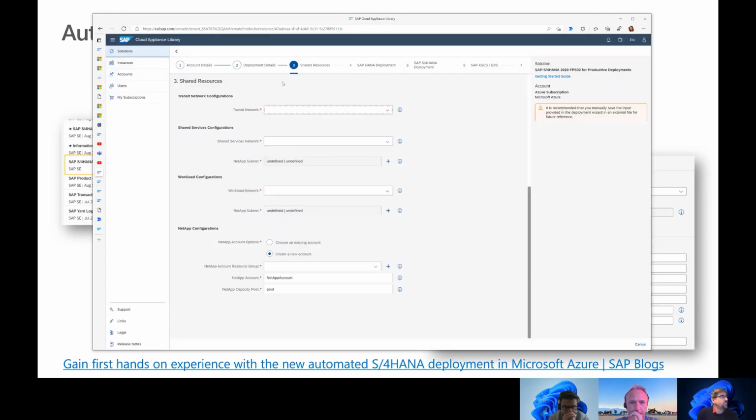So you create or select your transit networks, shared services, workload, NetApp configuration, and so on, and then you just go through the whole wizard. So I'm not doing this now. You just select a few sizes. How big should the system be? Do you want to have high availability or not? And then you click deploy, and then the Cloud Appliance Library deploys the whole environment, a clean S/4HANA system into